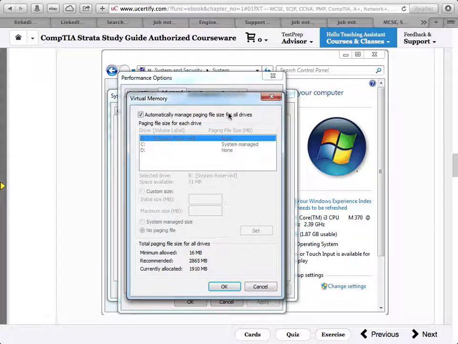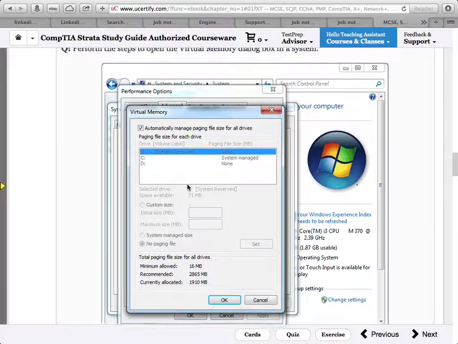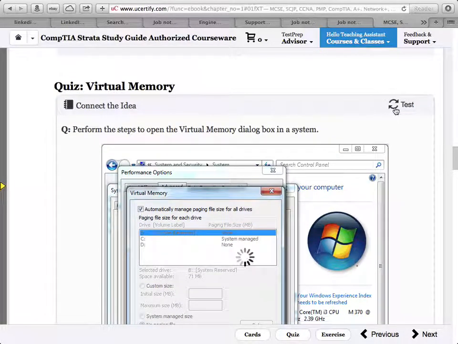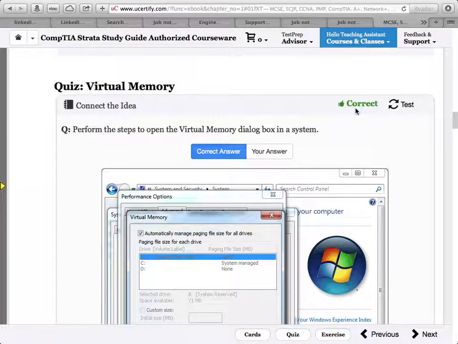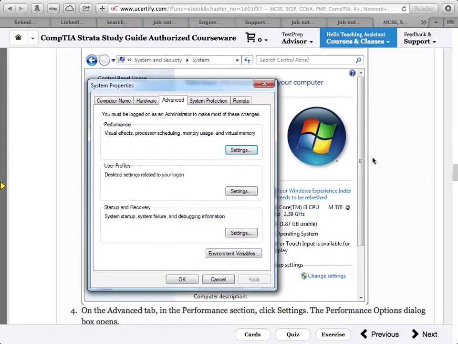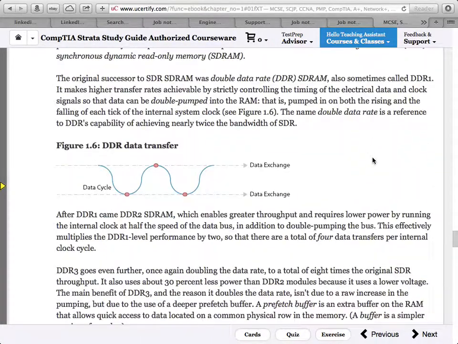So it's automatically allocated, but of course you can uncheck this to actually do it. That's the end. So we'll click on Learn now. It will tell us that everything was correct. You see correct here, right? Meaning we got it right. So this is a learning process. So we're done with that.